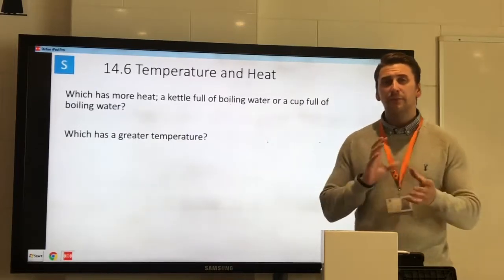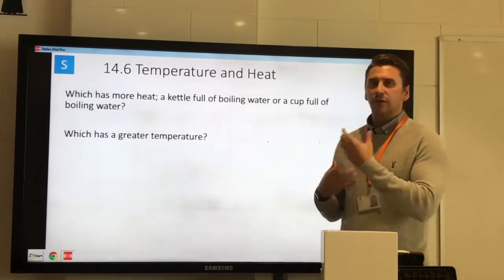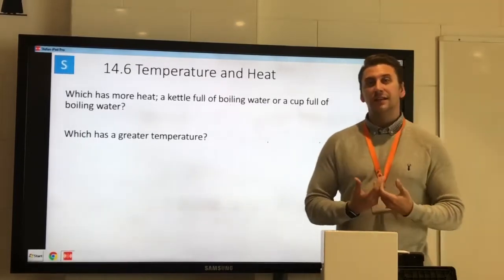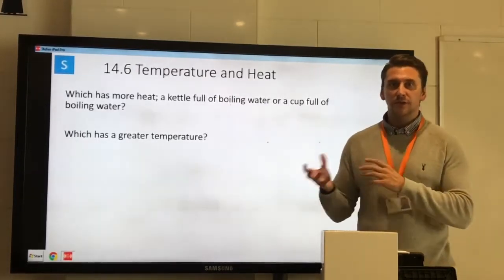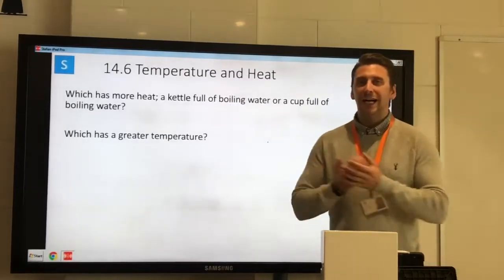First of all, the difference between temperature and heat. So we're going to look at that and absolute zero. And then also there's two different new definitions, actually, for different substances, which we'll look at in a second. So first of all, we're going to look at what's the difference between temperature and heat.